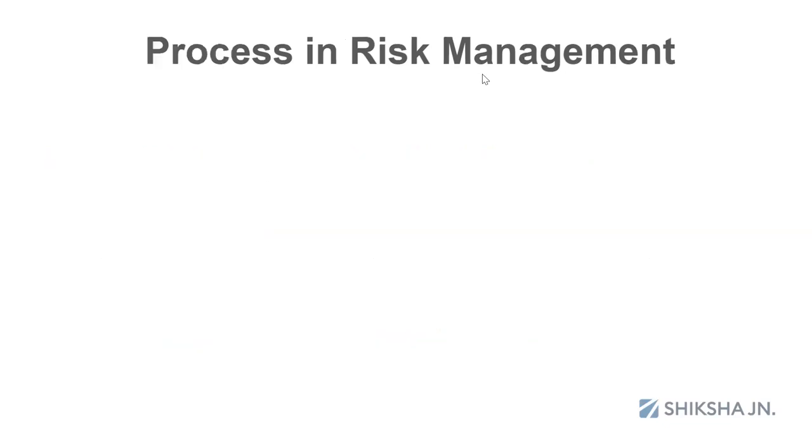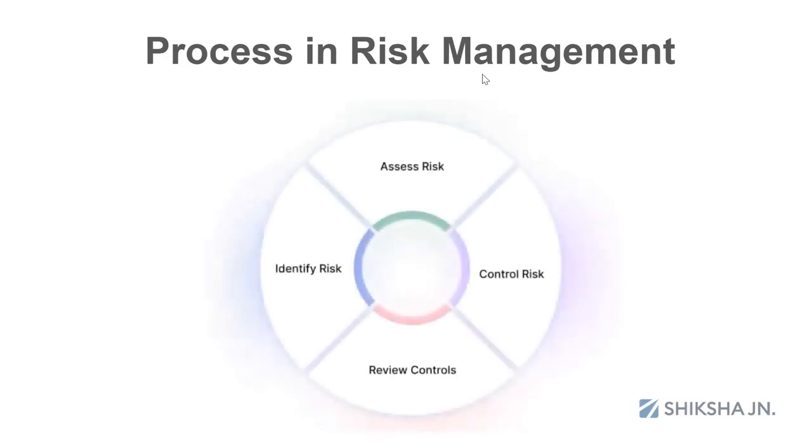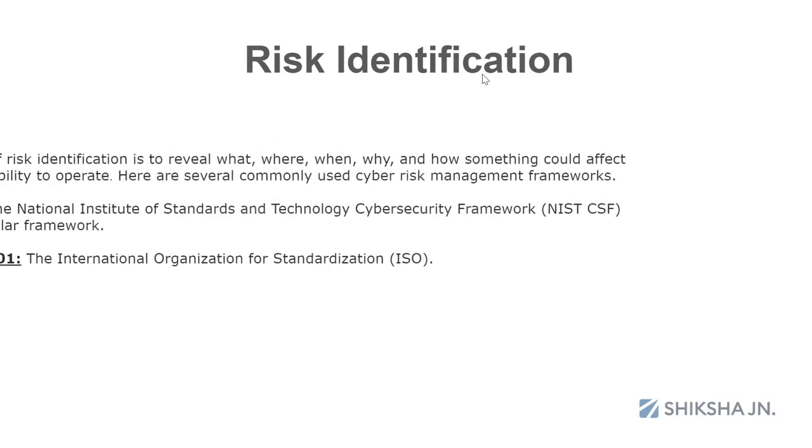Okay. So the next thing, the process involved in risk management, that's what we saw now. This is going to be an identification part, an assessment part, a control part, and a risk review part. So these 4 different stages are going to be the major parts of risk management, and this is the procedure we are going to see in the complete syllabus. Okay. So, risk identification. The first stage, as I said, what is risk identification? It is going to be an identification of